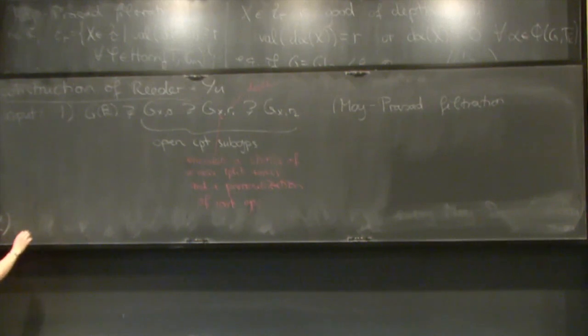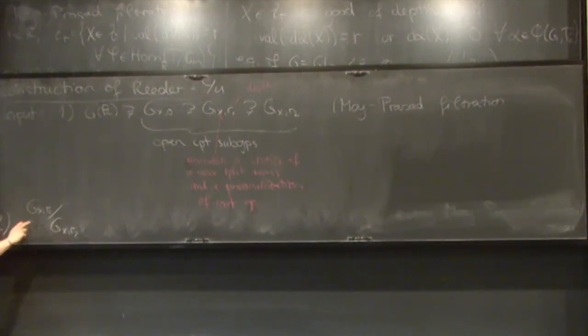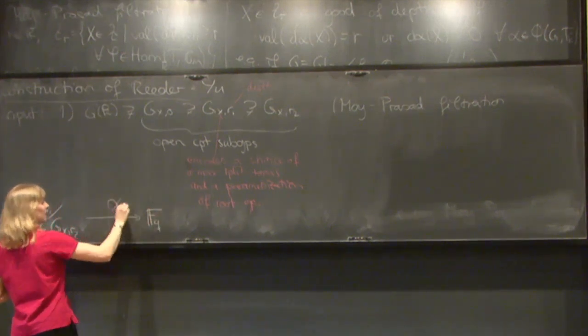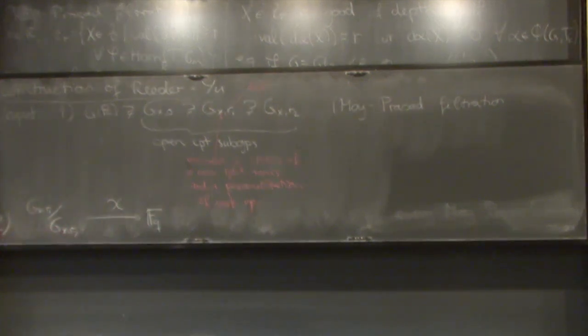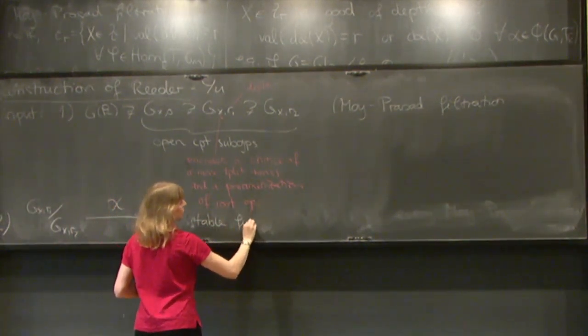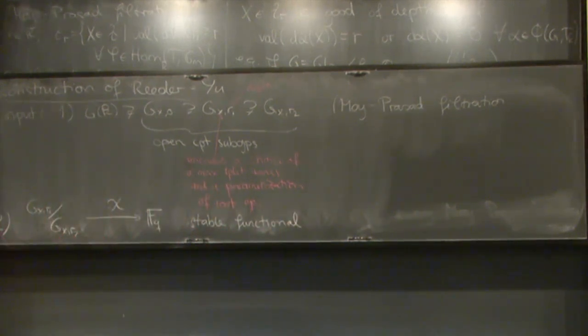They say, okay, as a second input, we want a map from G_x,r1 mod G_x,r2. These two subgroups, it's a finite group. It's actually an F_p, it turns out to be an F_q vector space, to F_q. Let's call this chi. So this should be some character, and they want it to be nice. So they say that should be a stable function or a stable vector. I'll say later the precise definition. The way to think of it is that it's somehow very regular.